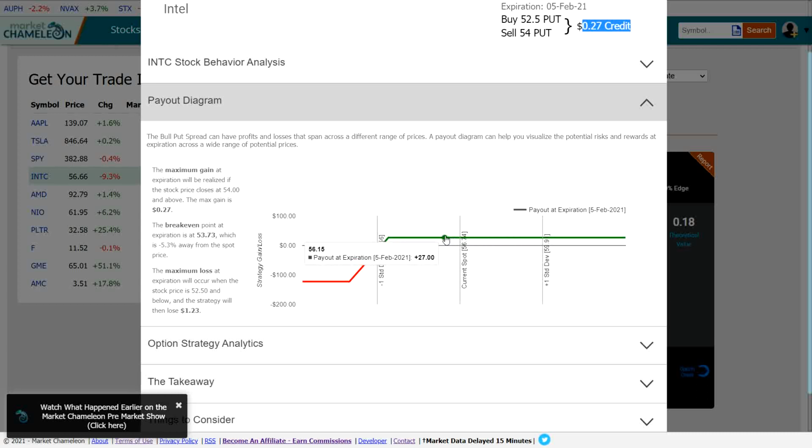Your max loss is if Intel can go down, can go 55, 54, doesn't matter. Your max loss is starting to be below 52.5 right here. Okay, right here, 52.5, 52, 51, 50, doesn't matter. Max loss is 123, 120 bucks. That's as I said. So you're making 30 bucks for every $120, and as long as Intel above 54 bucks